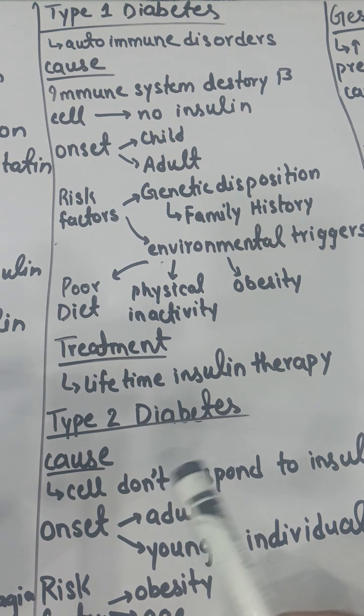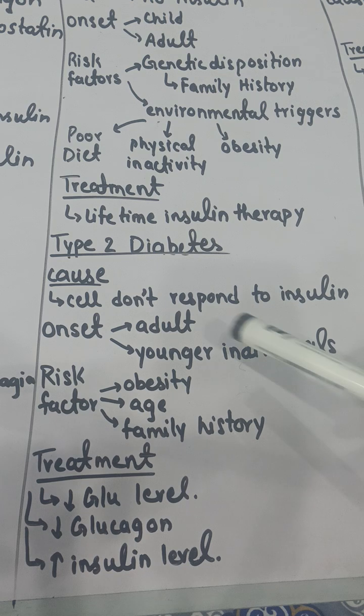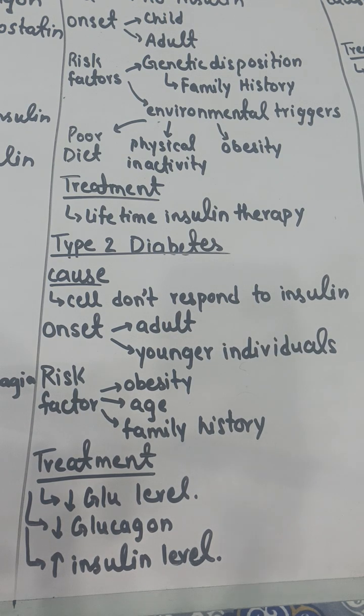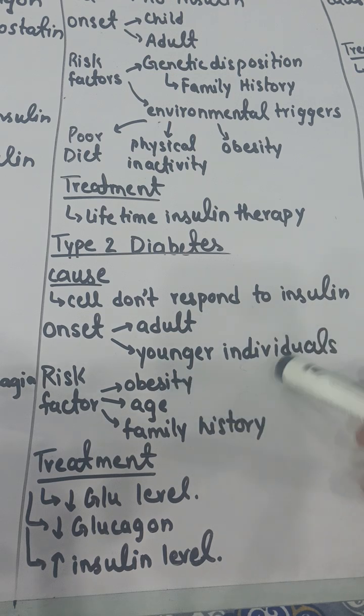Let's discuss type 2 diabetes. Type 2 diabetes is not an autoimmune disorder. In type 2 diabetes, the cells do not respond to the insulin. Your pancreas, your beta cells, will produce insulin, but the cells which should respond to the insulin are not responding to it. The onset of this disease is in adults,